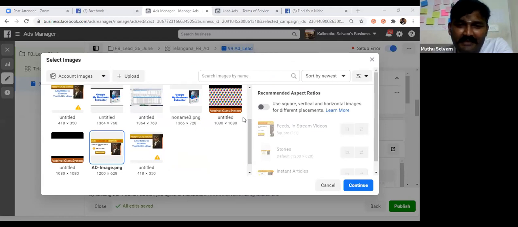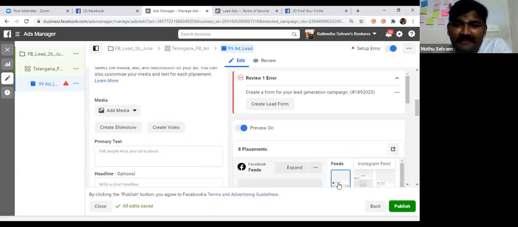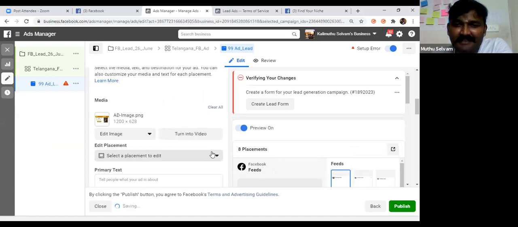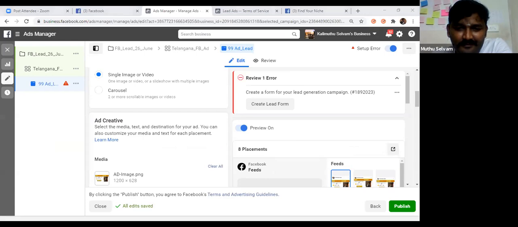For the image size, Facebook recommends 1200 by 628 pixels. I selected the image. I created the hard copy. Let me copy paste it for you guys.